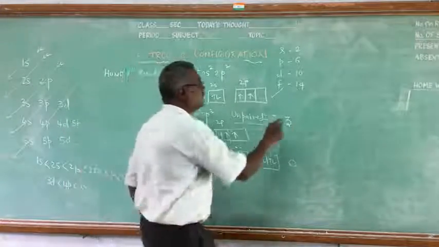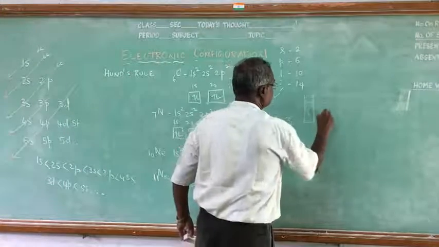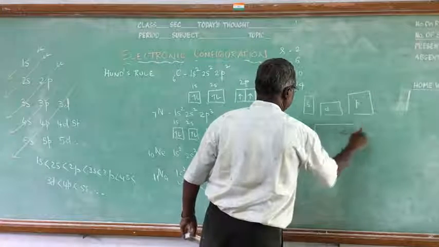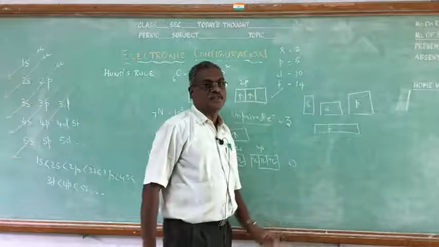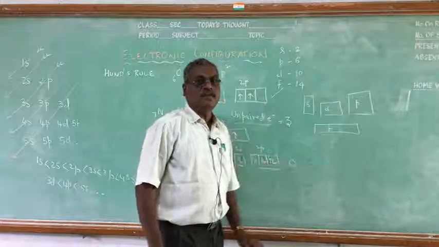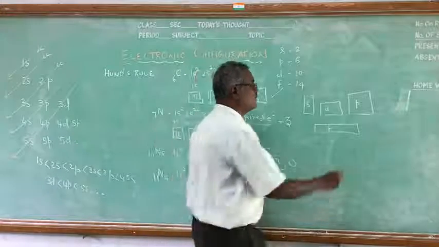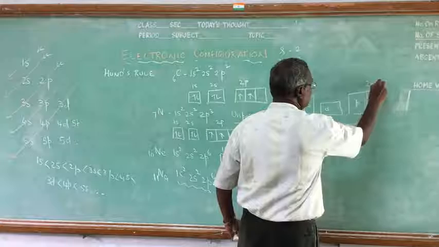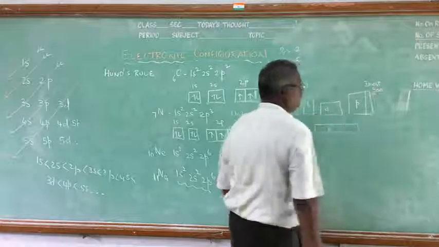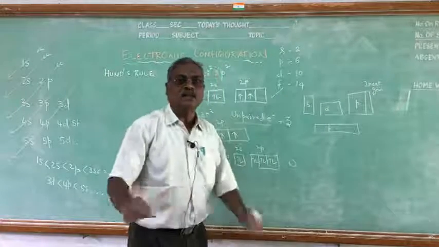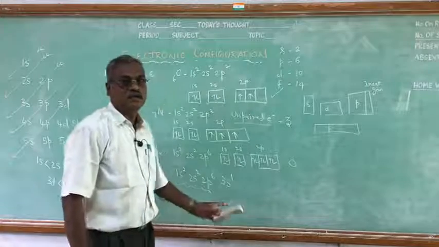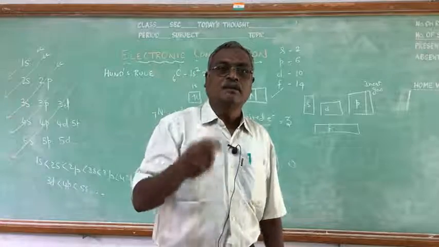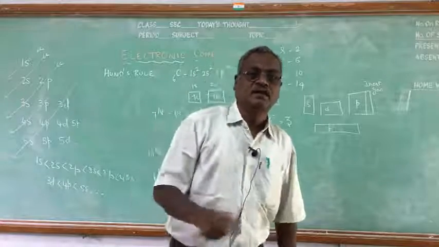In the periodic table, this is the S block, the middle one is the D block, the next one is the P block, and down you have the F block. There are 4 blocks. What are those blocks? We will study in the next lesson. The last group of the P block is the inert gases. We studied this in class 10 itself. Inert gases have completely filled shells. Helium has a completely filled K shell. Neon has completely filled K shell and L shell, like that.